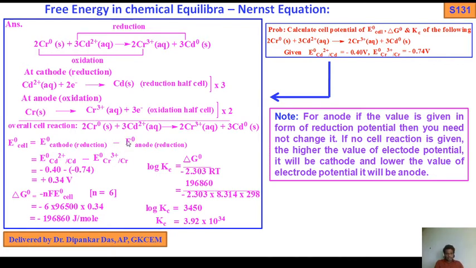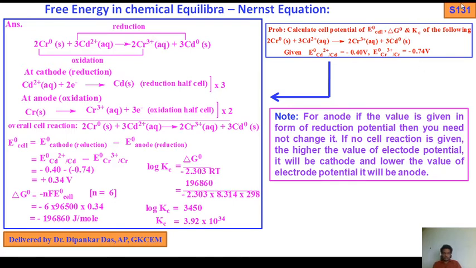Okay, and from this data, which will be the cathode? We get this from these equations. The cathode will be cadmium. Similarly, chromium will be the anode. Here, okay, so we get the value of E° cell, plus 0.34 volt. Now, the first one, E° cell, we have already determined the E° cell value. Okay.